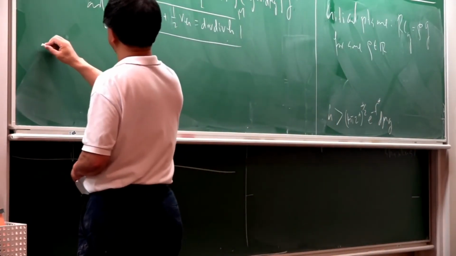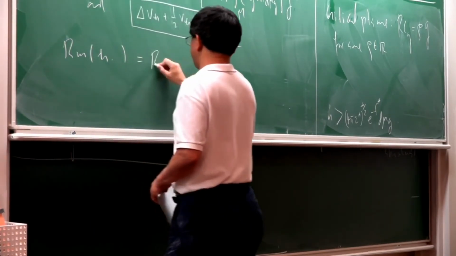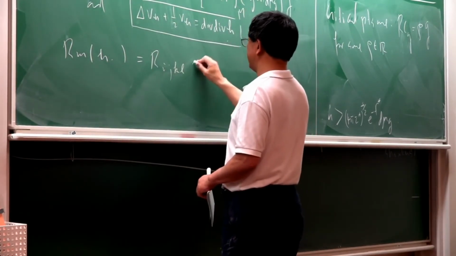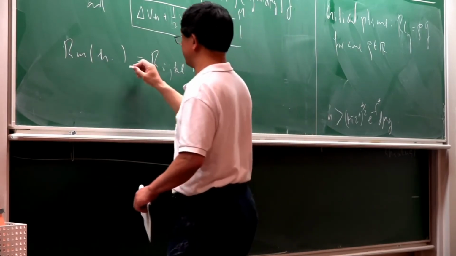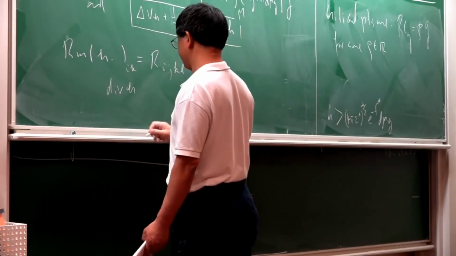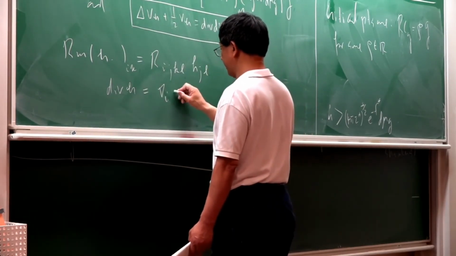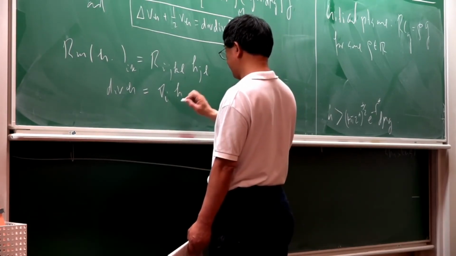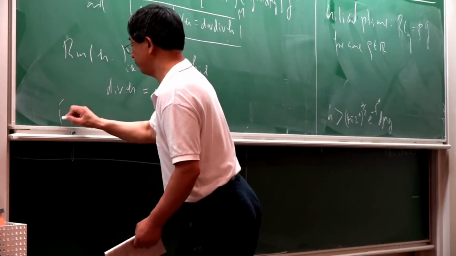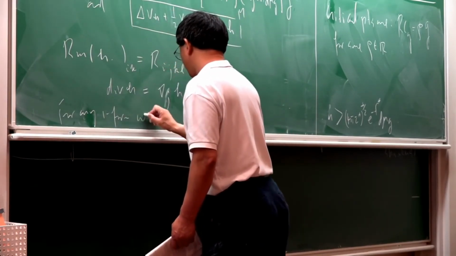Now the Riemann of H, this part is basically equal to R_ijkl, and then you get H_jl, so this is the ik component. And the divergence of H, we know this is like H_ij, and divergence for any one form. So here you've got a one form. For any one form, omega,